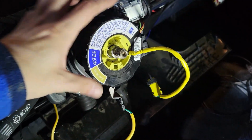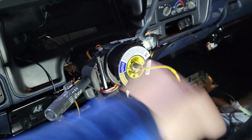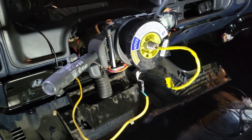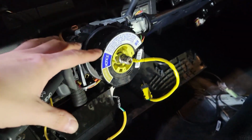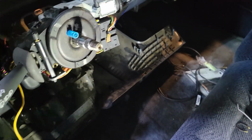This right here was a pain. I didn't realize that there was a snap ring, so I'm smashing on it, and yeah, I ended up having to take my whole column apart just to realize that there's a snap ring. So now I gotta put that all back together. But good news is, with that out of the way,